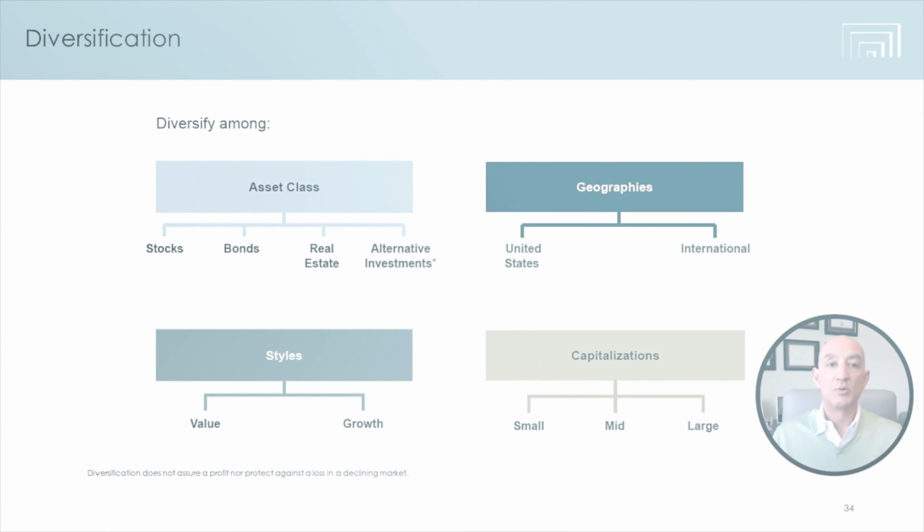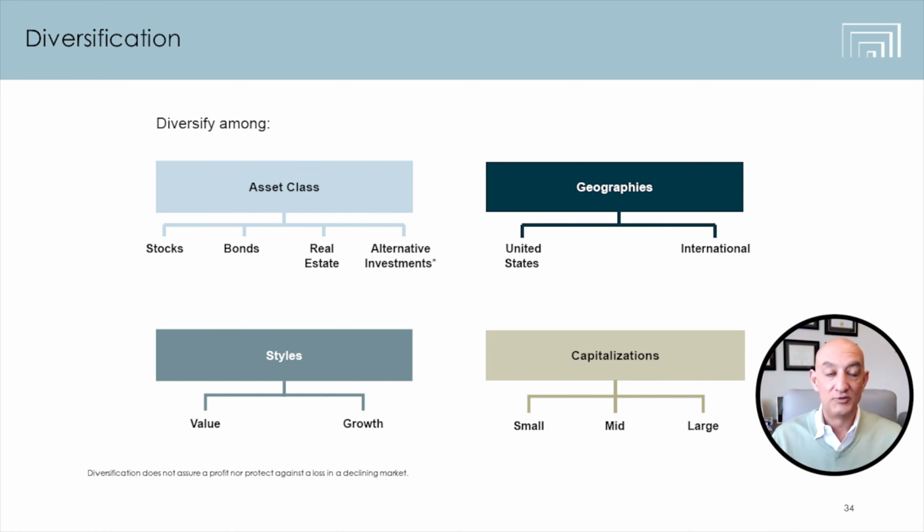It should not start with, I like this company, so I'm going to put all my money in it. It starts with a plan, and that is based on your goals and objectives, and those answers need to be different for everybody. So when we talk about diversification, you could be in a portfolio of 20 stocks that all are similar, and you're not really going to be that diversified.